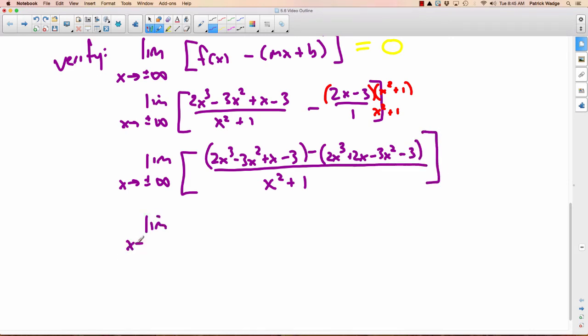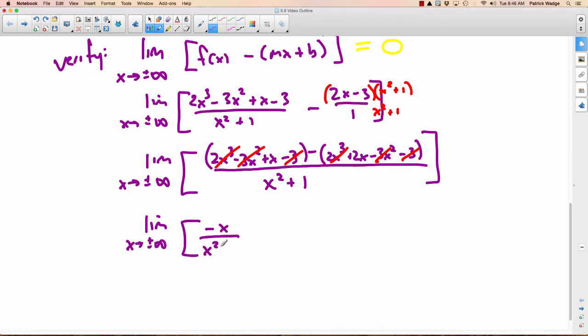Now we're going to simplify. So we got a 2x cubed, and we have a negative 2x cubed, so those are gone. We have a negative 3x squared, take away negative 3x squared. Those cancel out. This is great. We have, let's skip to this one, negative 3, take away negative 3. Those cancel out. So all we're left with here is x take away 2x, which is equal to negative x